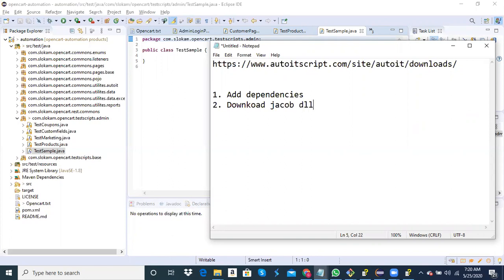DLL files are like this: if you are developing something in Java, you use .jar files. If you are developing something in .NET, then you use DLL files. So generally, you need to download something called Java DLL. That is the second step. And then the third step is